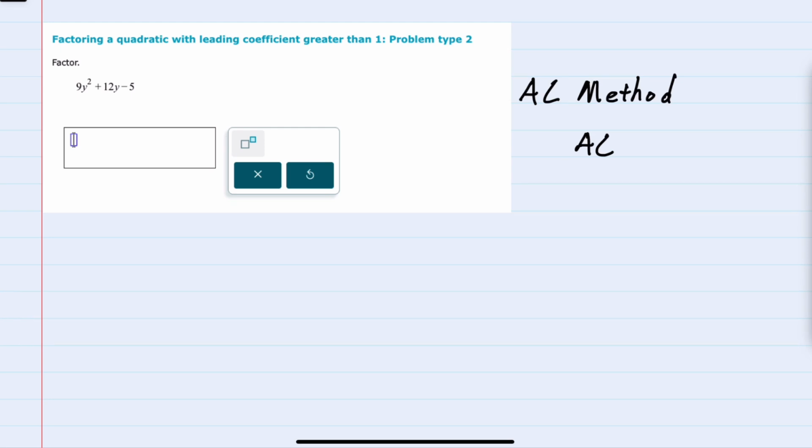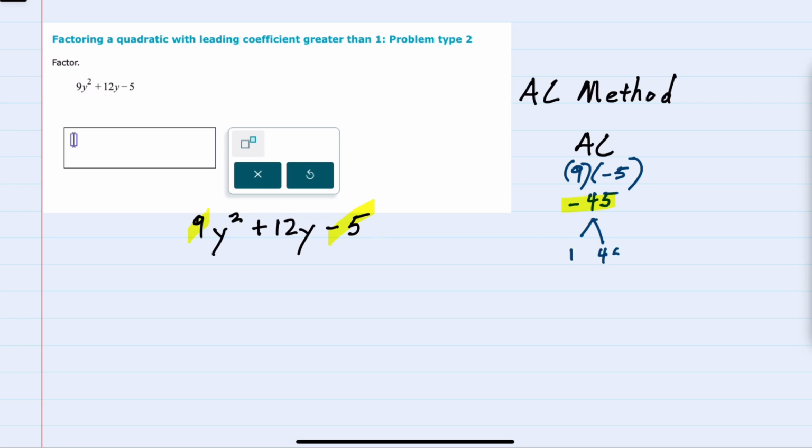factor by grouping. As the AC in the AC method indicates, we will start by multiplying the A and the C coefficients in this example. So 9 times -5 gives us a -45. This is the A times C. But then we look at the possible factors of that, and we would have 1 and 45, 3 and 15, or 5 times 9. However, to multiply and get a -45, I know that the signs would have to be